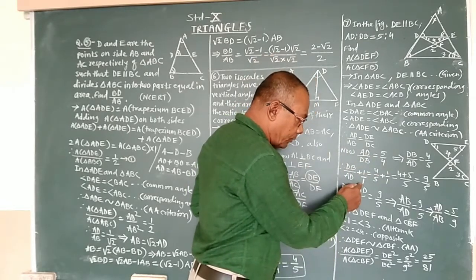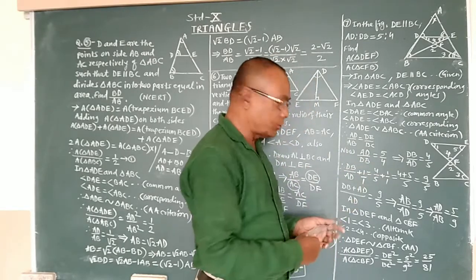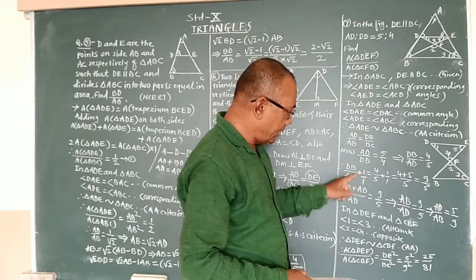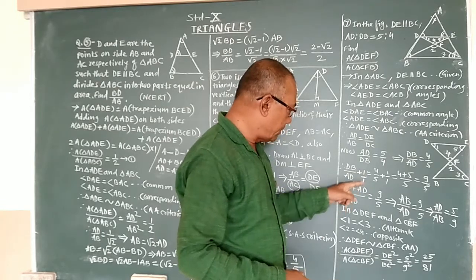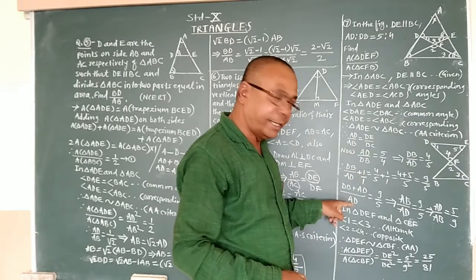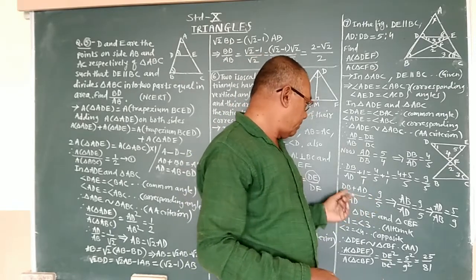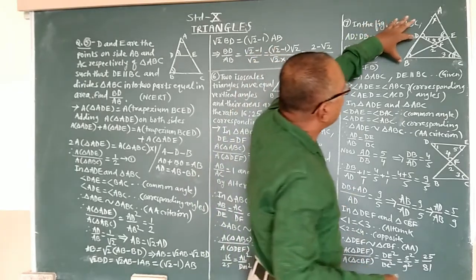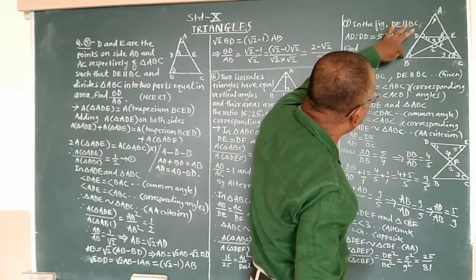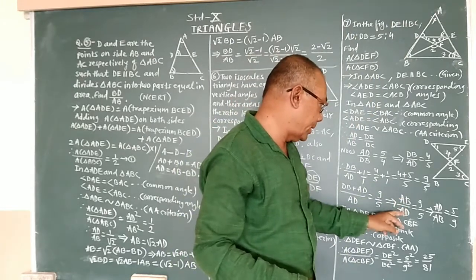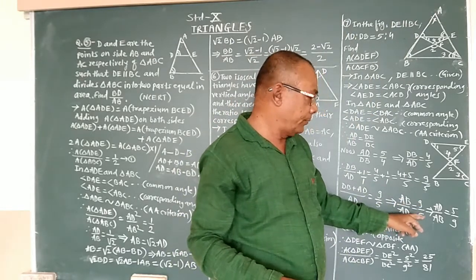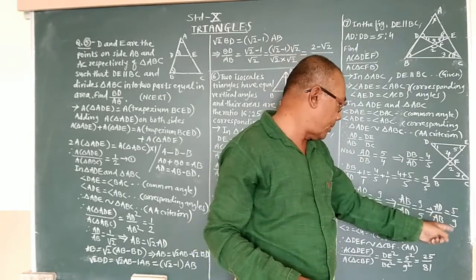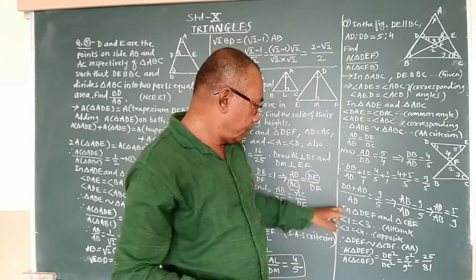Here also the denominators are not same, so we have to cross multiply. So 1 into DB will be DB plus 1 into AD it will be AD divided by 1 into AD, again denominator is AD, is equal to 9/5. But if we observe the figure, then we will get DB plus AD, that is equal to AB. So AB upon AD is equal to 9/5, or it can be written as AD upon AB is equal to 5/9.